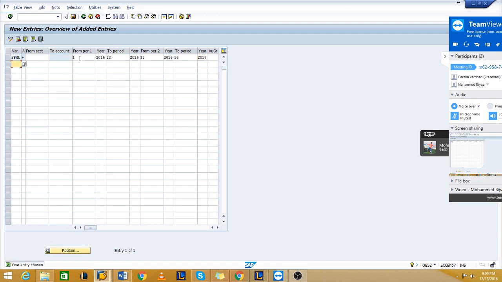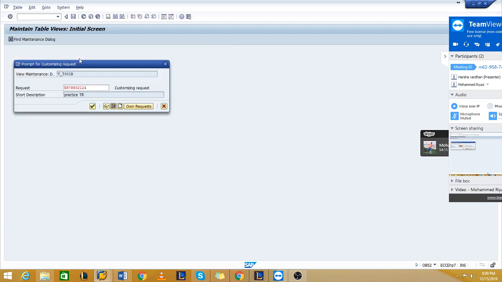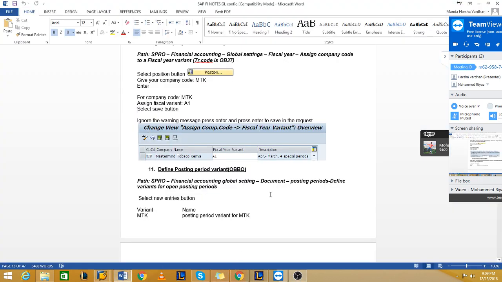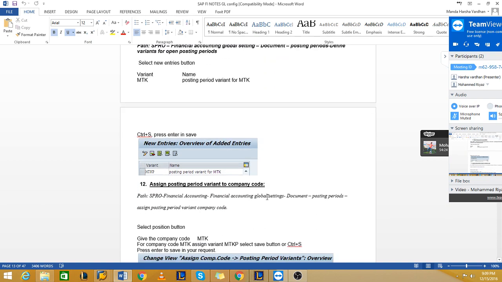So 13, 14, 15, 16. 13 is also counted as one number, no? Yes. So four special periods. Okay, four special periods. It goes with your posting period variant.